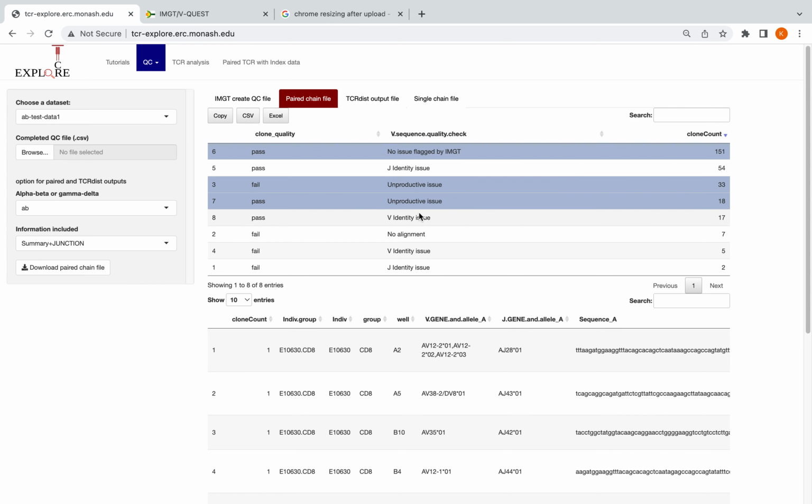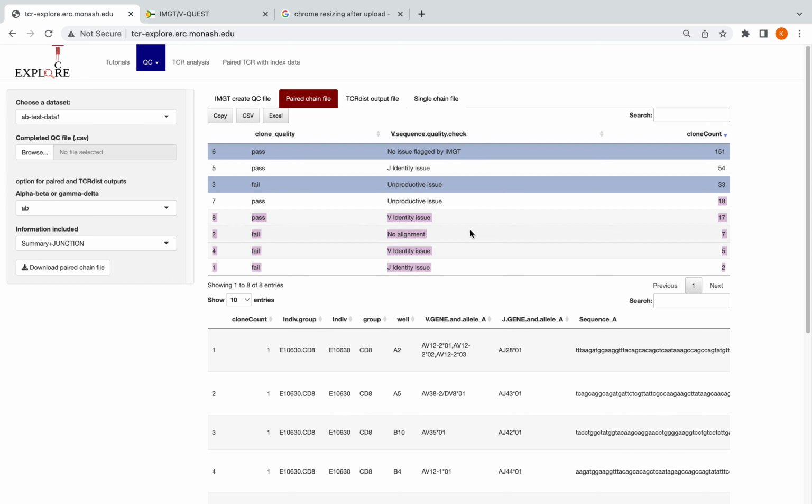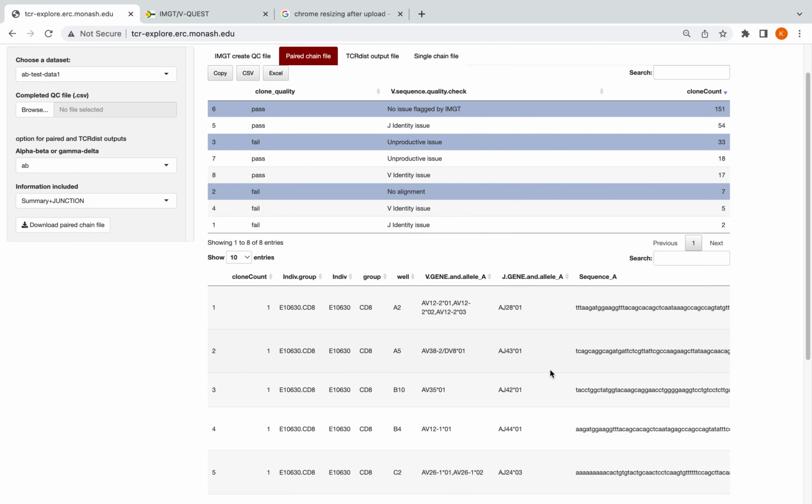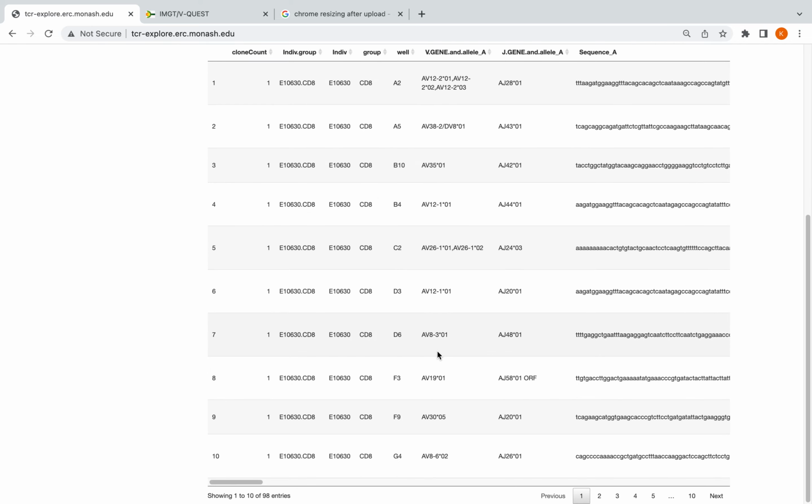There were some that were initially flagged as having unproductive issues that were resolvable after interrogating the chromatogram, so they were reassigned as a pass, but some of them still failed. If both sequences are not incorporated as a pass, they will not be included in the pairing process,